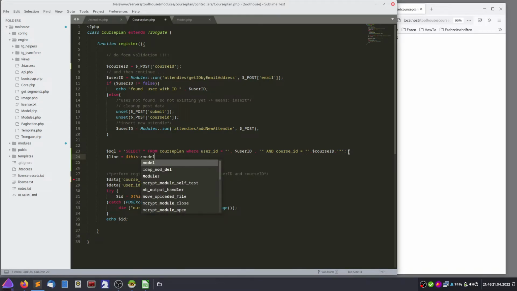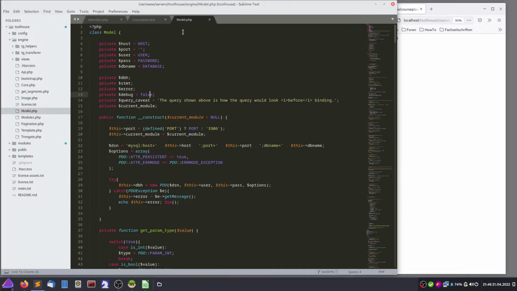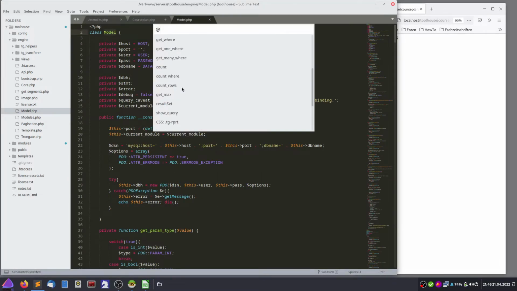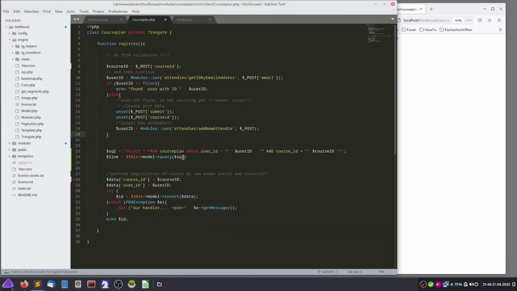This model query, and we can put on this one here. And if we look at the model class, I have something where I open on here. No, that's the modules as well. Here, the model class. And if we are heading to the query method, we see on here SQL, and there is an optional parameter, return type. Return type object or an array. We will use this one. This is a good one. So we'll add on here